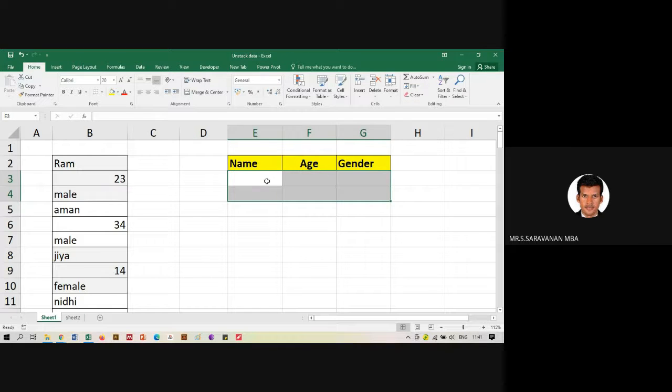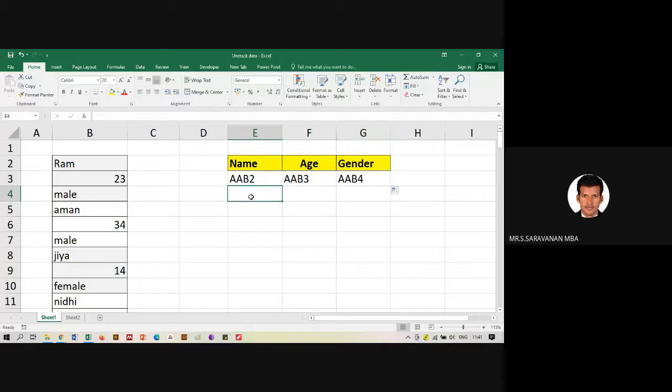So the easiest option is, type two letters. Let's take capital AA. Then A2, and this is B2. Let's take B2. Then you will drag it.